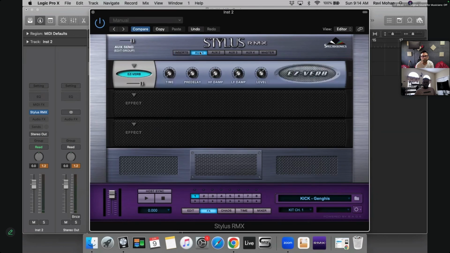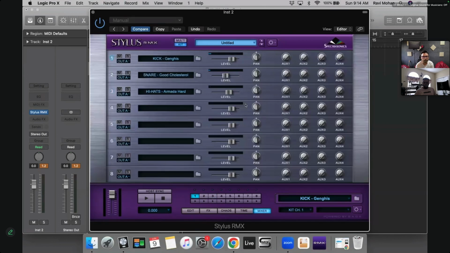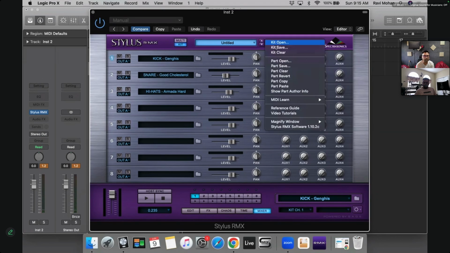Also there are auxiliaries. If you put things in here and then inside the master, here let's say you send the aux out, can you trigger? Because there was a reverb on aux 1. Okay, so you can do that. On the aux 2 there's, so now this way you can build a patch, and obviously you can save that patch as well.